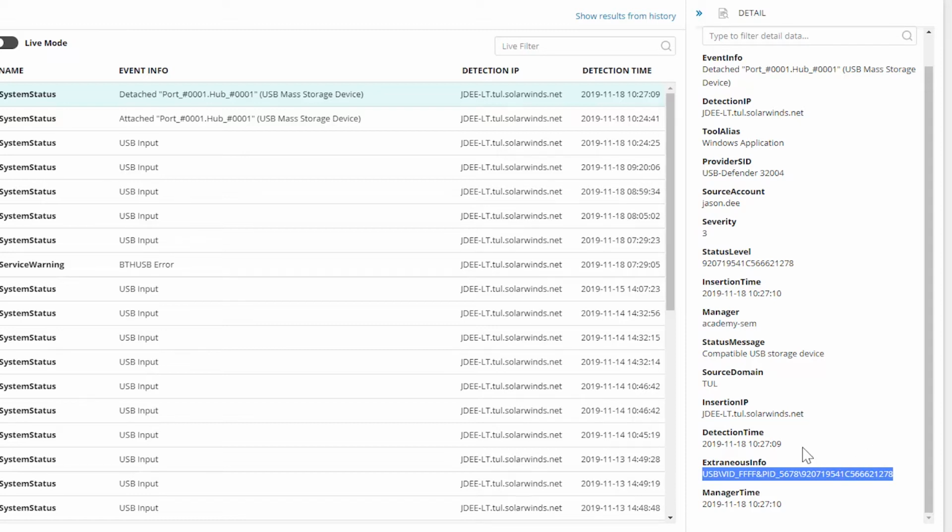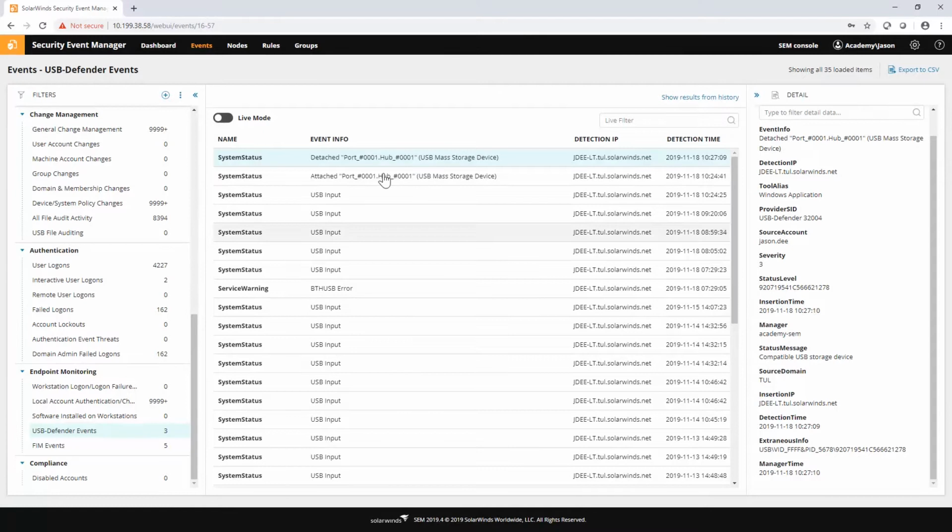Now, I can use this data to populate different USB Defender related rules I might want to configure, such as automatically detaching a device, or adding it to my whitelist, or any other number of USB Defender related rules that I could configure with that. And we'll have a look at a couple of those. If I were to look at any file activity for USB Defender, it should show up here as well under things like file delete, file create, etc.